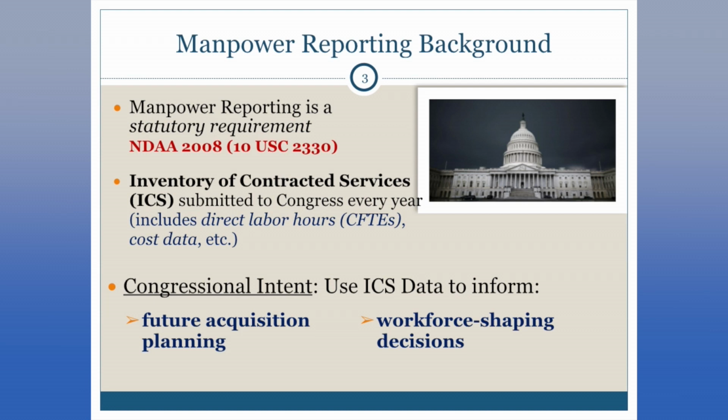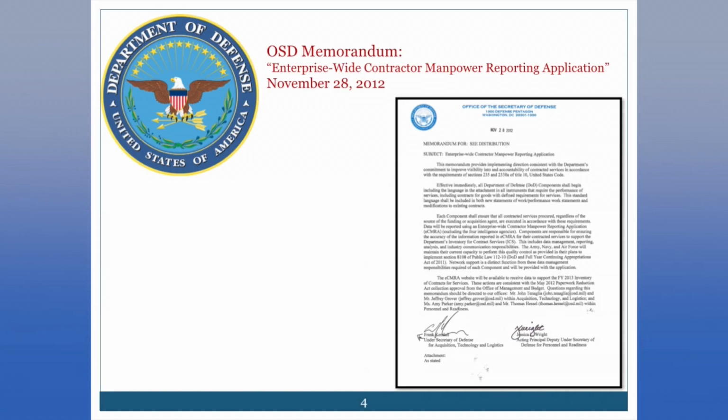The more accurate your data, especially on the three elements that I'll talk about later, the more effective the decisions that the government can make, which will save taxpayer dollars and make for more effective and cost-efficient contracting. So that's very important. So the Department of Defense was assigned and mandated from Congress to come up with this ICS every year, and the way they responded to complying with this statutory law is to create this eCMRA application,